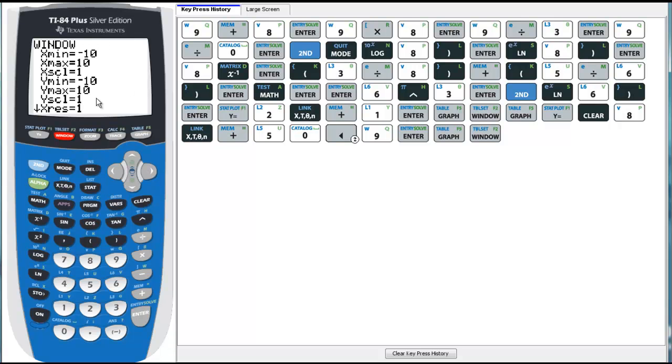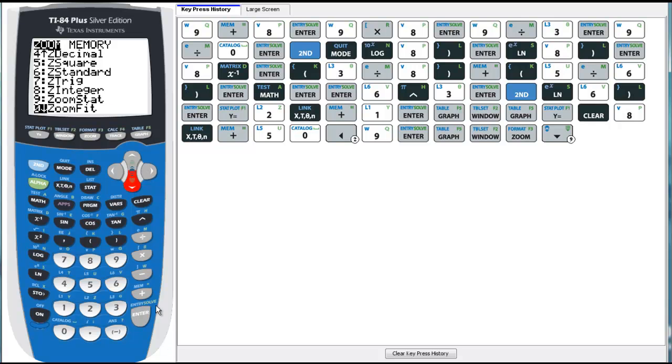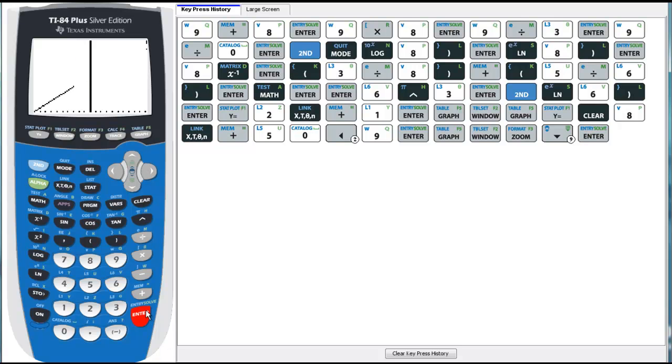Okay, so what we can do here is go to this zoom feature, and there are many options. One of the basic ones will be to go for zoom fit, and often if you say zoom fit, then it gives you a view of the graph. You can press on the window and then see how this adjusted the window to get you a view of a portion of the graph. Okay,